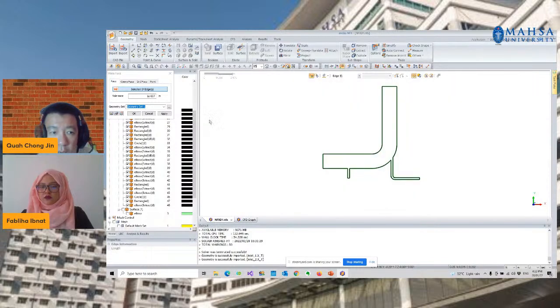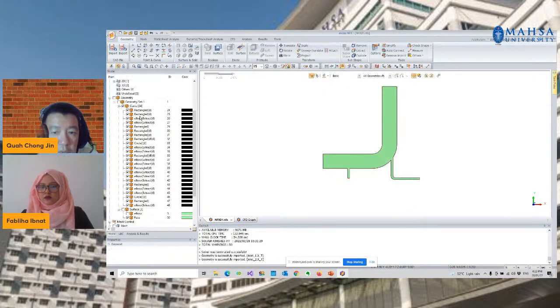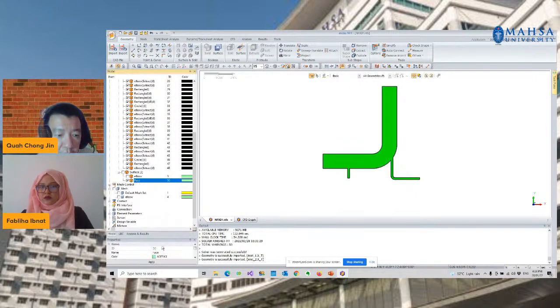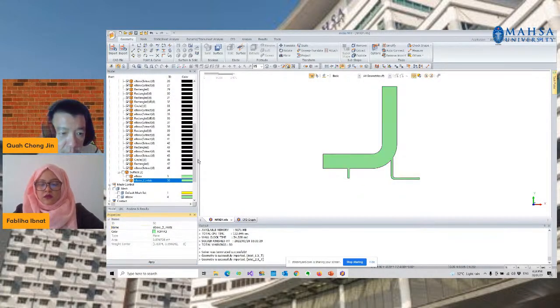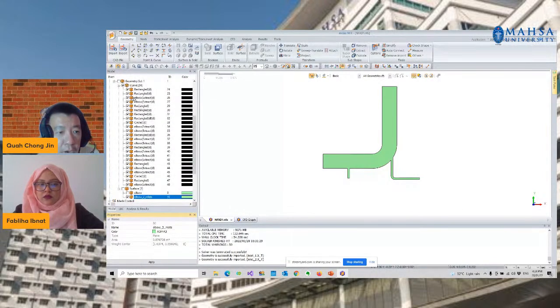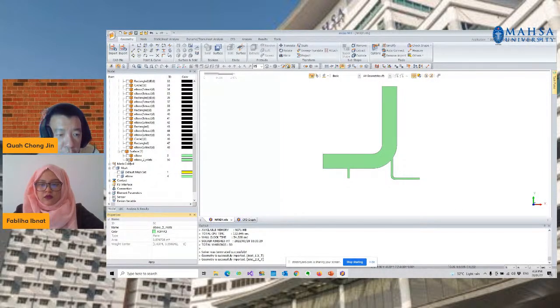And be able to create another new model and rename this elbow to inlets. Okay, so I have two models.